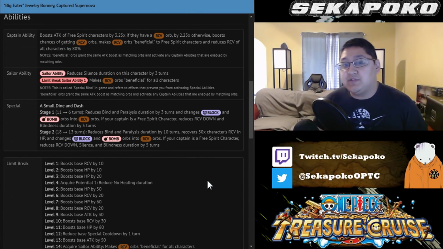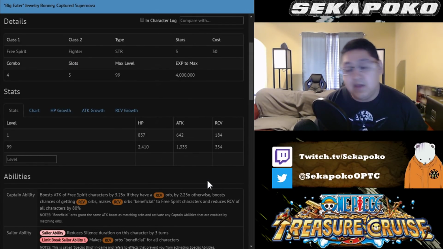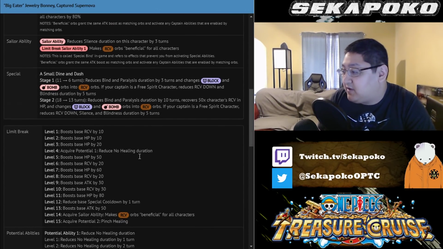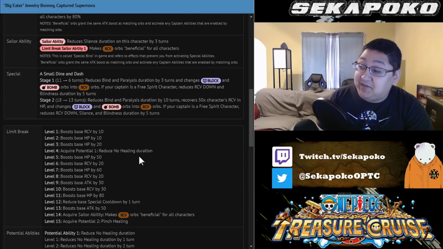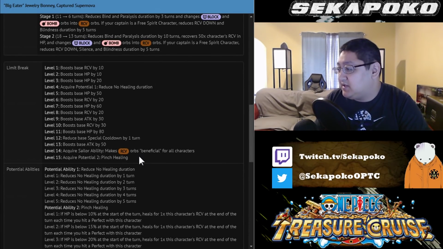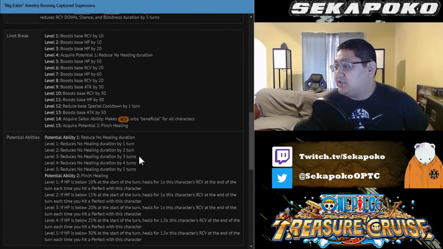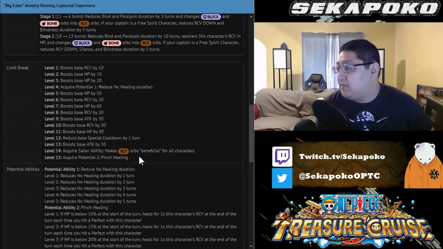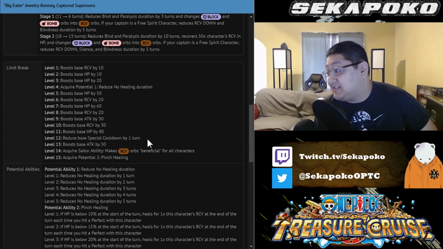good, because if you want to use this on a Lucy team, or on a fighter team or free spirit team, you can actually get recovery orbs beneficial for all characters when using this Bonney. So that's very, very good. And she's an amazing utility unit, which you'll probably use as a sailor ability at some point. Overall, she's going to get -1 cooldown on her limit break, which puts her all the way from 13 turns down to 12 turns, so a 12-turn massive utility unit, and she's a tiered unit, so she's also